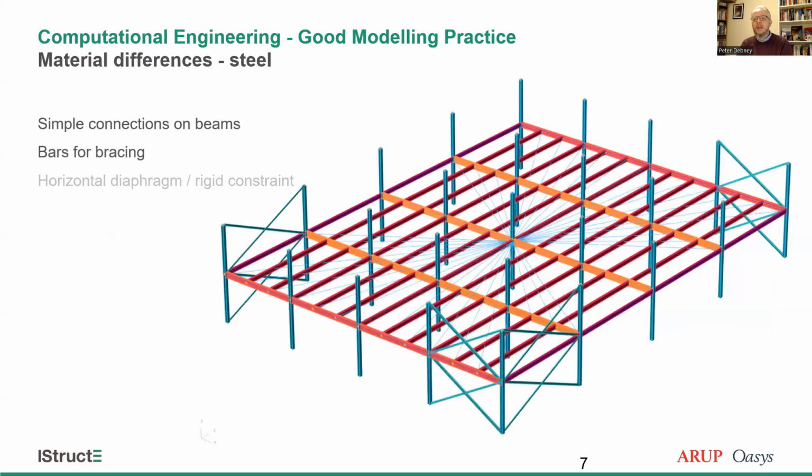So let's say you're modeling a steel frame. Classically, 1D elements for everything. Simple connections, pinned ended beams, or moment releases on the ends of the beams, maybe bars, axial load only, on the bracing. And because in a real steel frame you've often got a concrete diaphragm, you could model the slab in explicitly, but to be honest, that will actually confuse things. So some sort of rigid constraints over the whole floor to keep things stable and give that horizontal load transfer